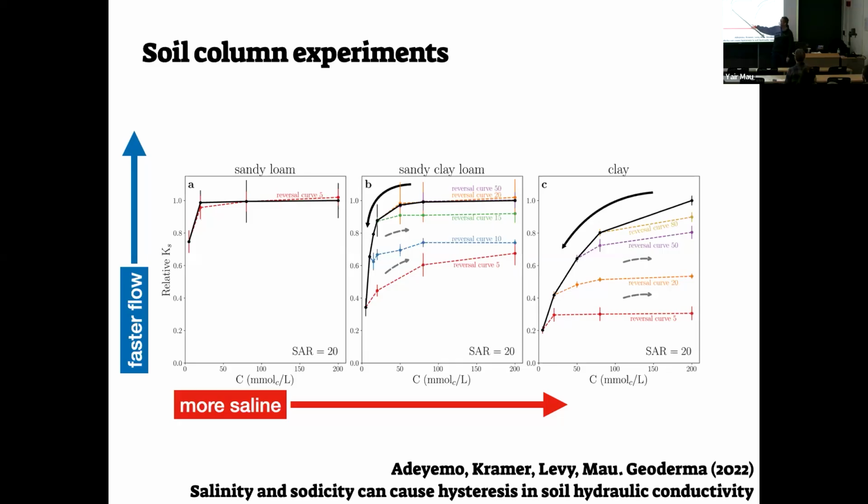But if you go to lower and lower values, when you go back you only recover 60 or 70 or 80% of the original values. So this is us measuring the irreversibility of the degradation process in different soils. And as expected, the more clay we have, the more irreversible the process we find. So this is the experiment part.